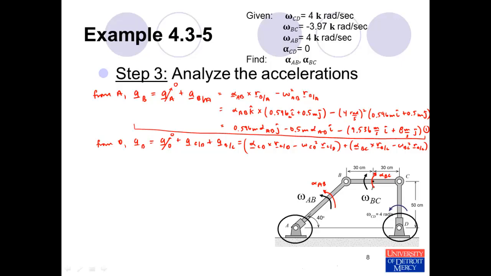And so it's given that alpha CD is 0, so this term goes away. We're left with this term where we know omega CD